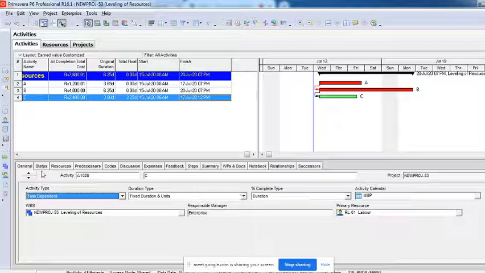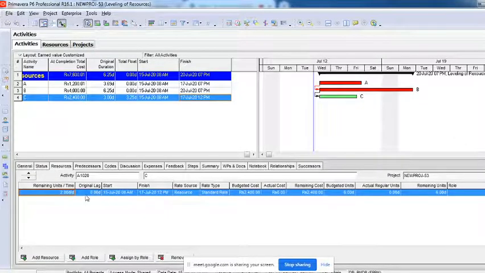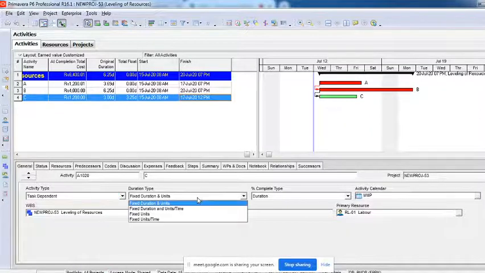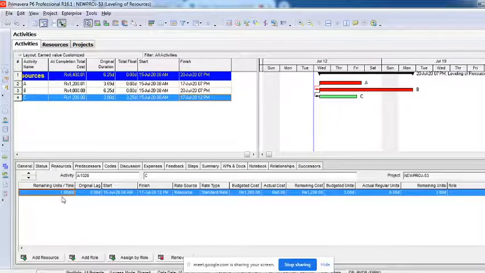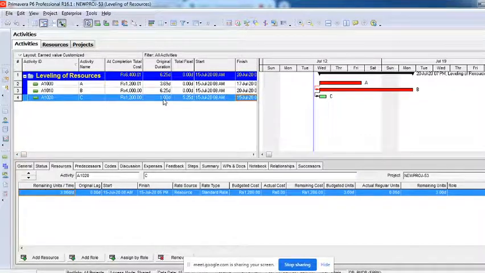But I'll show you again. I'll make this 1, so that it is 3. Now again I'll go to this general option. I'll change this to fixed units, right? Now again I'll come back to the resource and I'll increase. This time you can see that if I make it 3 per day, this is not changing, it is remaining 3 only. What changed instead is the duration. You can see here the duration has changed. The duration of the activity is getting changed. It became 1, which was 3 earlier.